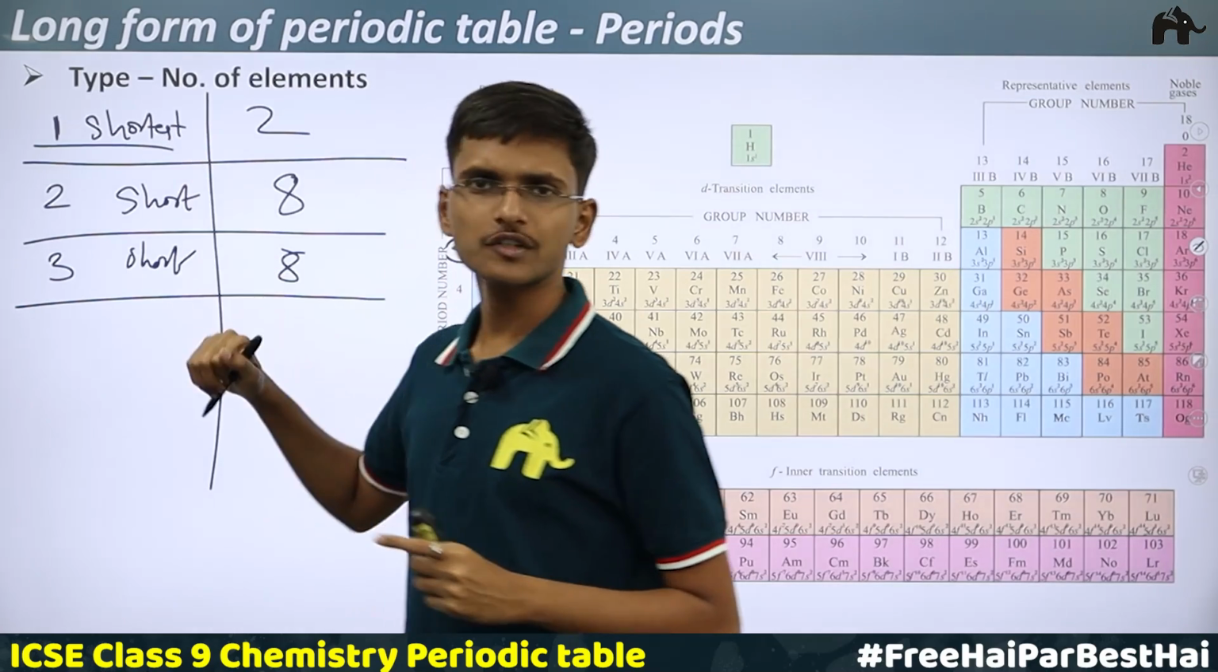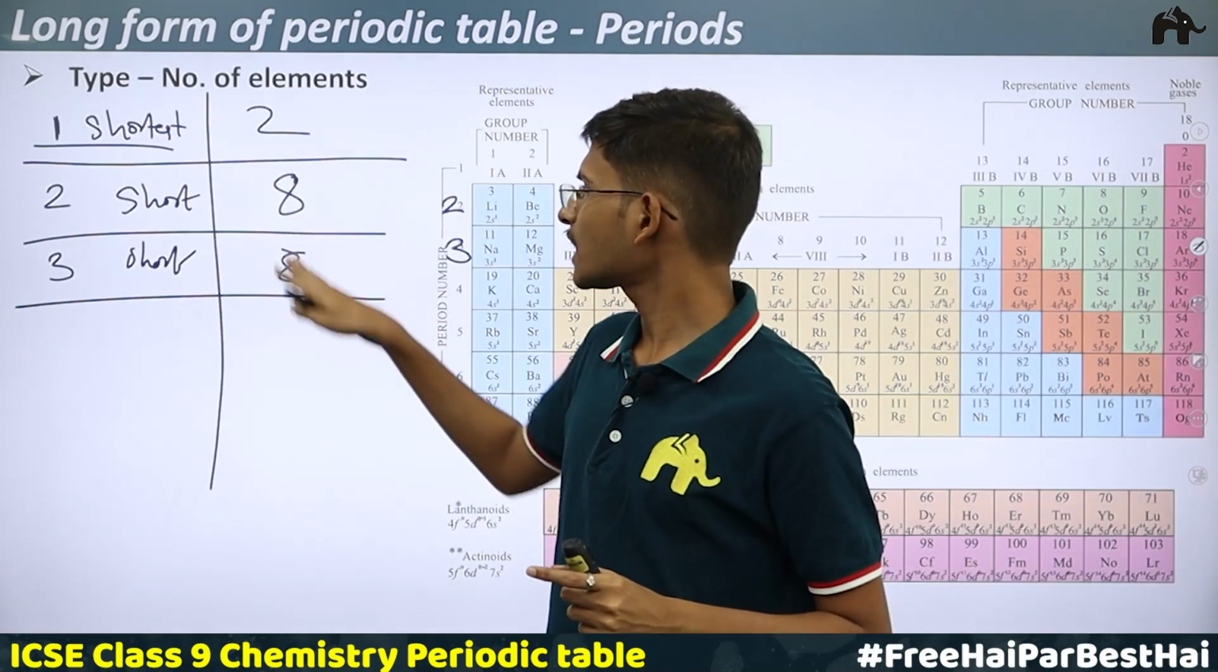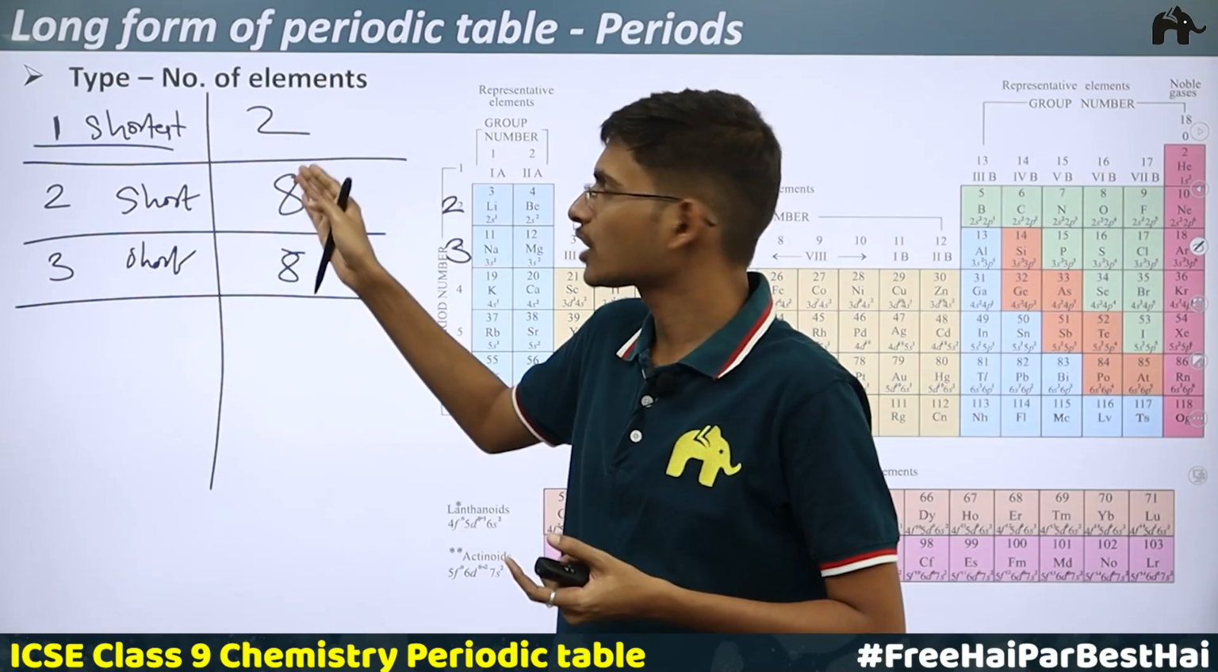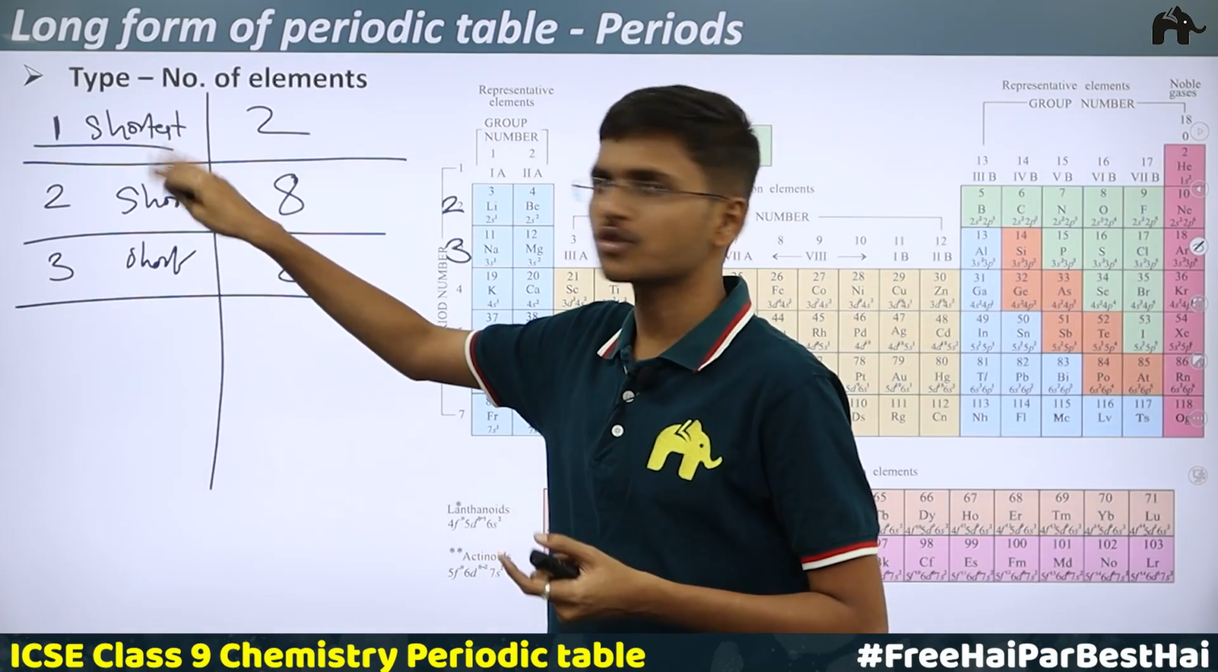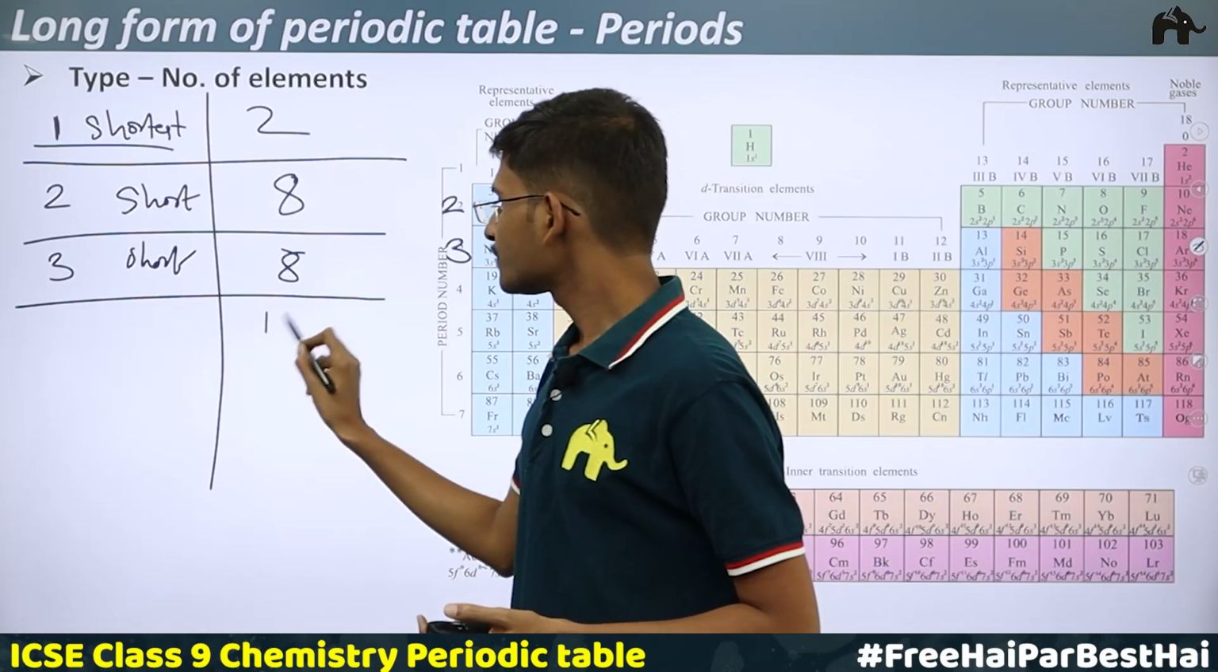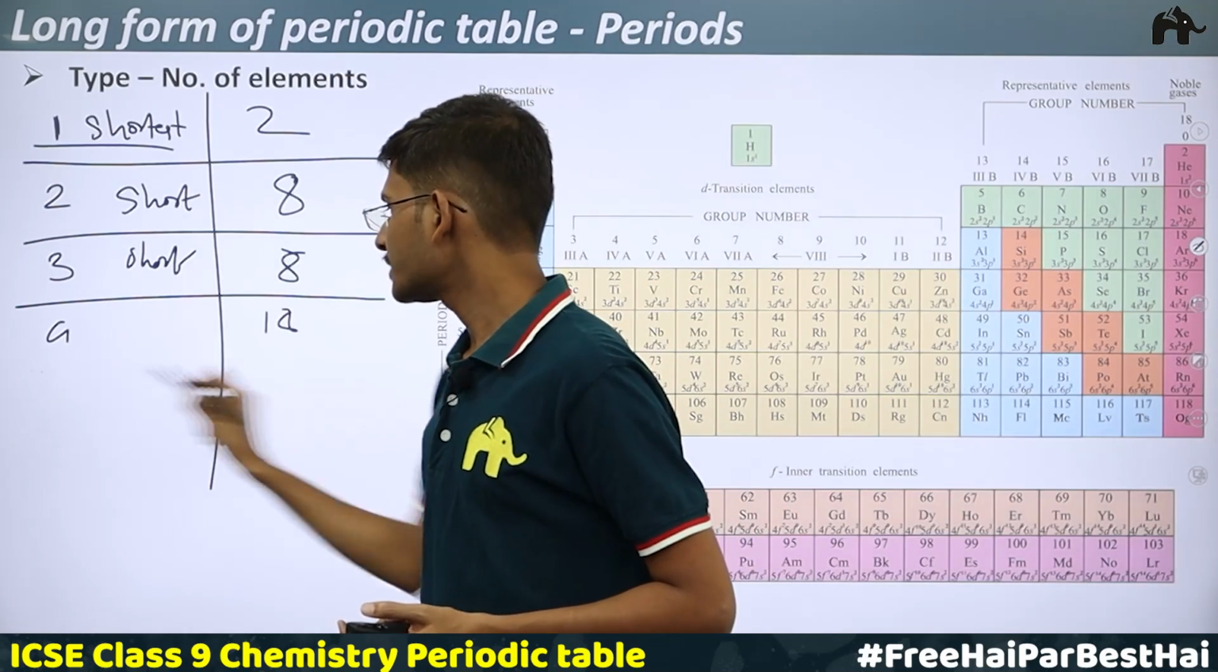Fine. This is the shortest one because it is having 2. Since they are having 8, so more number of elements than the first. So that's why from shortest to short. Again, period number 4 and period number 5,